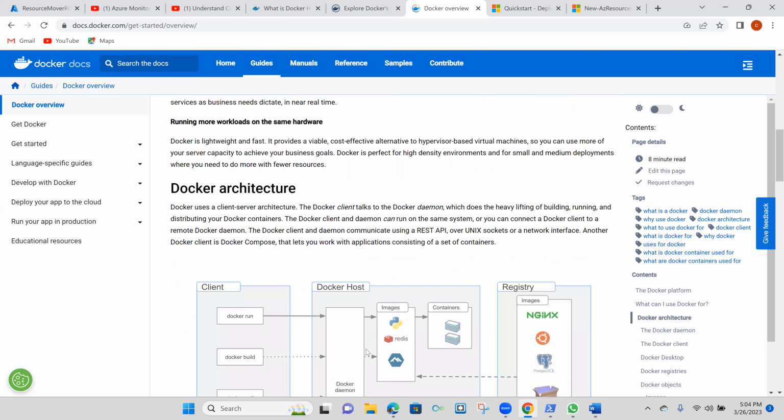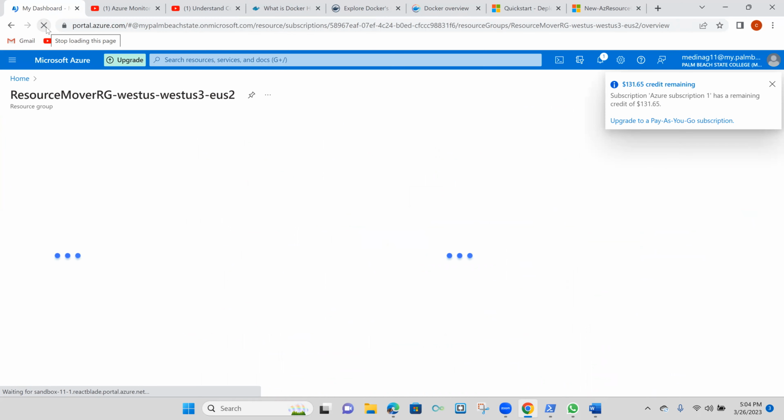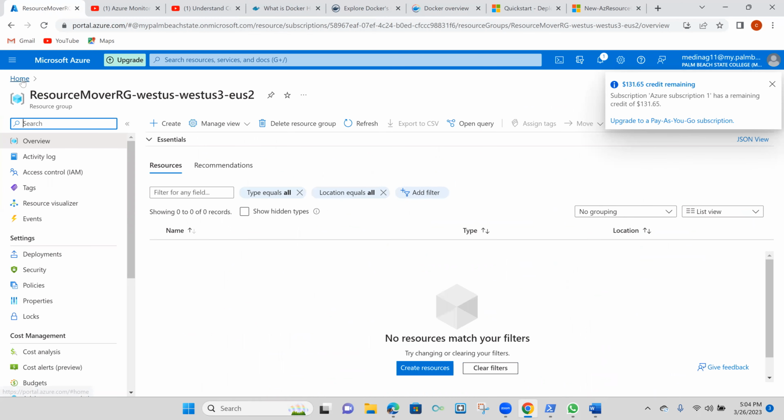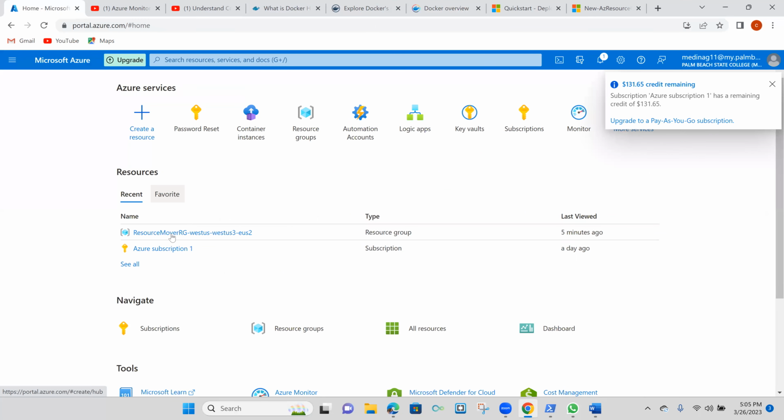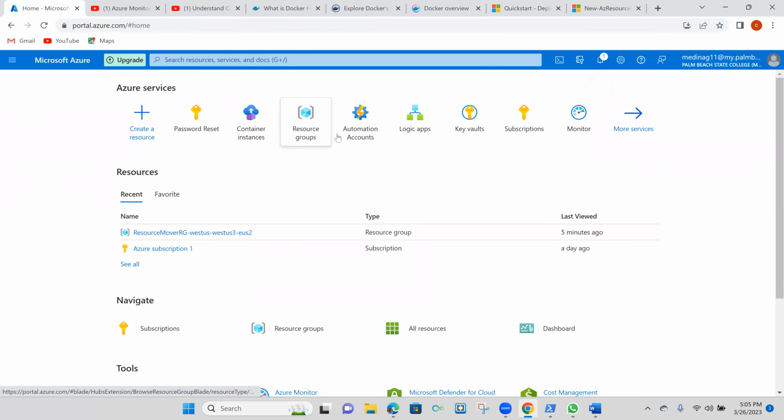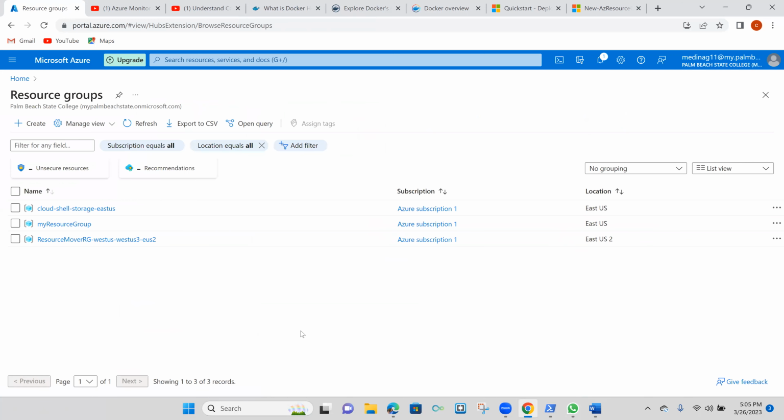Now, let's switch into the portal here. Let's go ahead and just refresh this. And now let me see. If I go here, how do I still have that here? Okay, so I'm not sure. Now, if you go to resource group, okay, there go resource group right there. Now, if you look here, you would see that